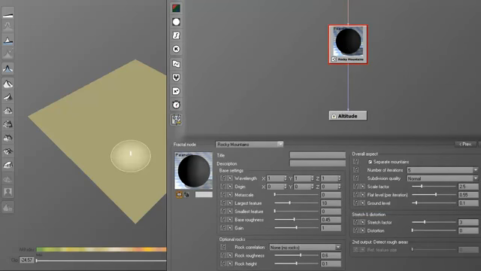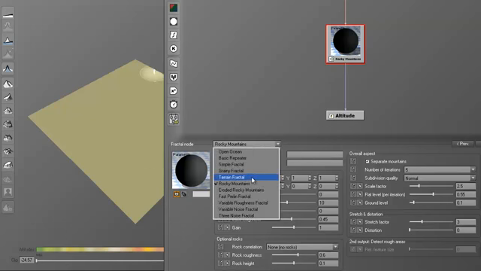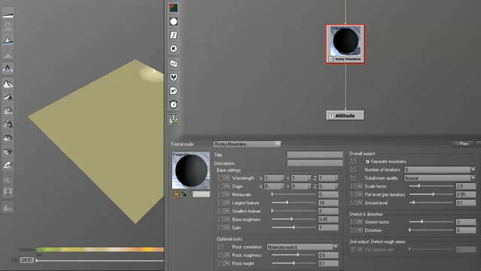Okay, now let me explain. This fractal node, which is the Rocky Mountain or the fractal map, will give you the ability to create alpine terrains. This is a new feature in Vue 9, and it works similarly to the terrain fractal at some levels. So the base settings are pretty much the same,